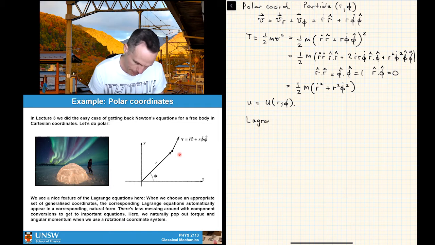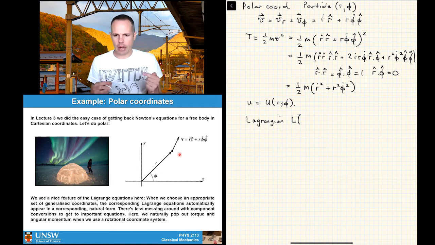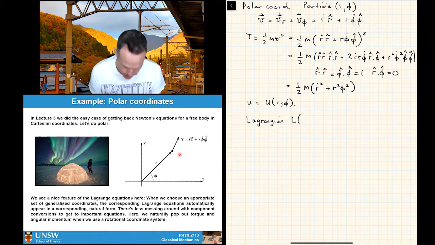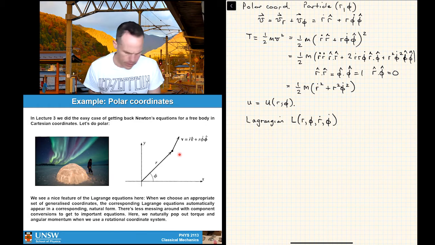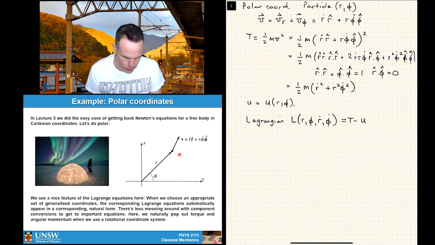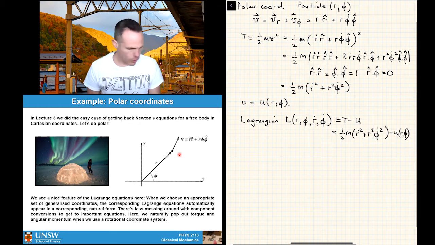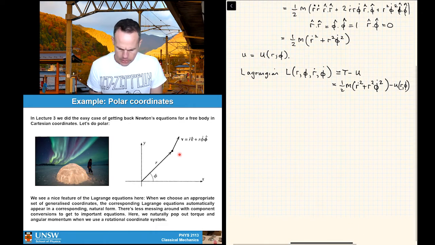And this now, instead of being L as a function of x and y and x dot and y dot, will be L as a function of r and phi and r dot and phi dot, right? So r, phi, r dot, phi dot. And of course, it's going to be T minus U. So in here, we would have a half m r dot squared plus r squared phi dot squared minus U of r and phi, like so. Just slide that over a little. Okay, and so now we've got